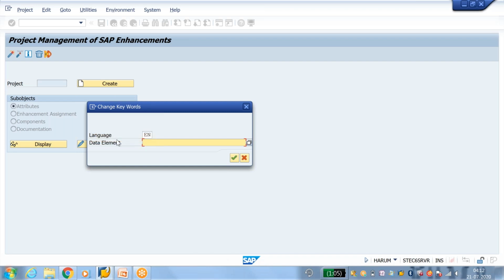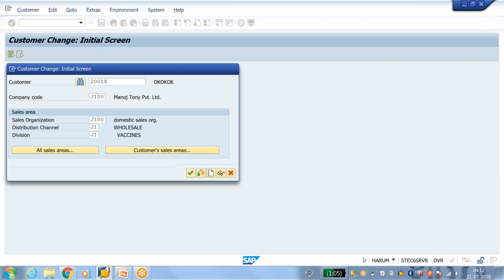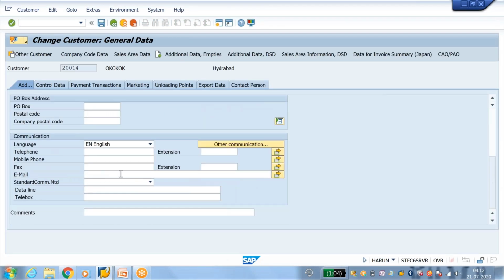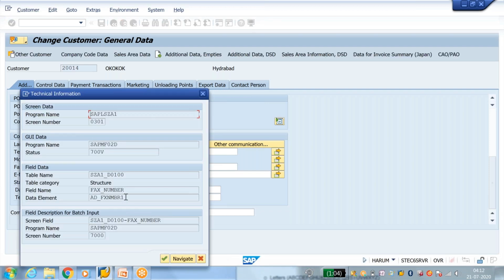Once again create a new session. Then once again I'll go to customer master XD02. Take this field, then go to details. Then take the technical information. Here you have to take the data element. So the data element is AD underscore FXNMBR1.